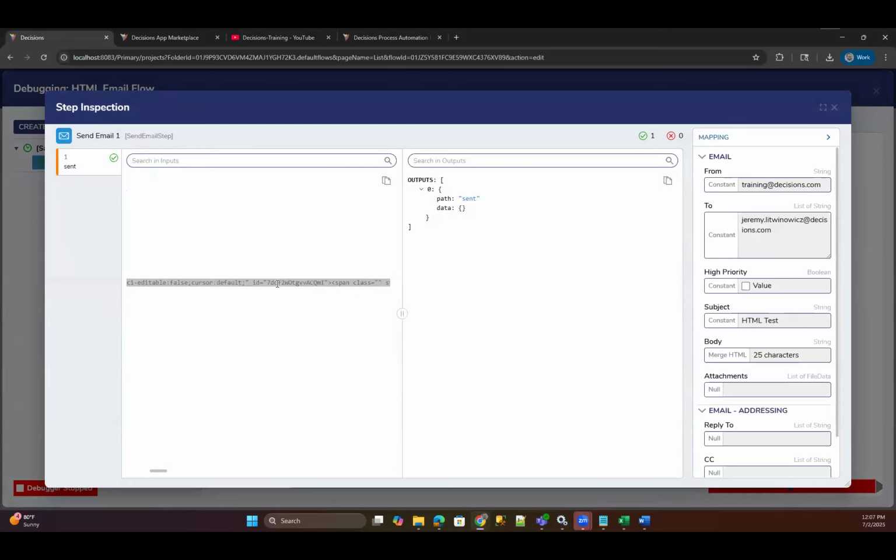Obviously, that's going to be a whole thing. Yeah, it should have a whole bunch of actual image stuff there.